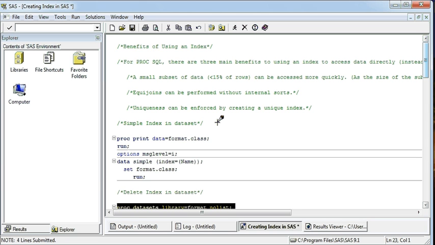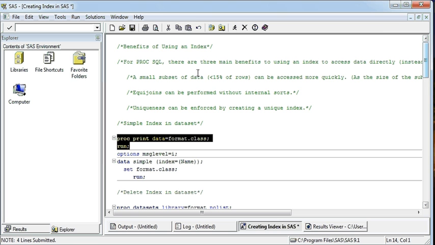An index can be of many types. There are simple indexes. You can create two indexes at the same time. There are composite indexes. You can create unique values, no miss values. So first, I'm going to use this data set for creating and deleting indexes, which I'm going to show in this example.